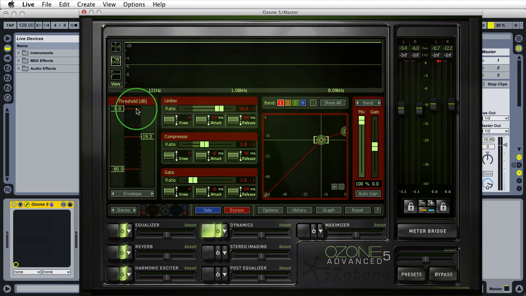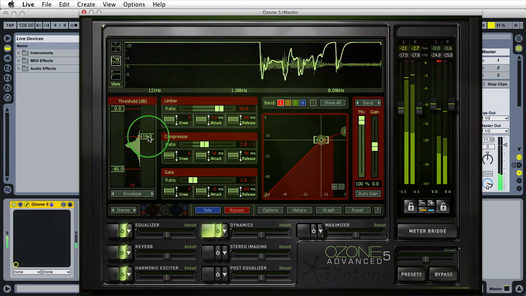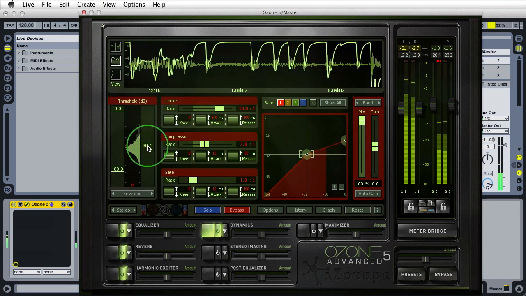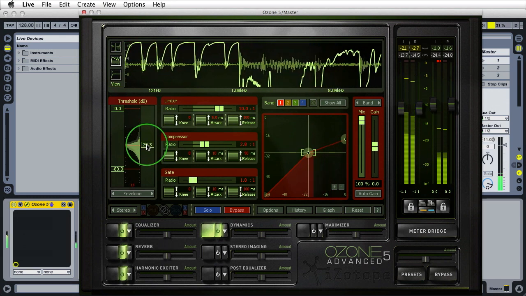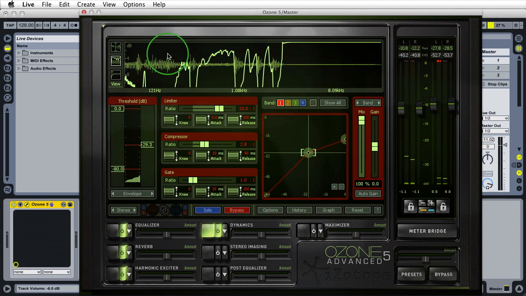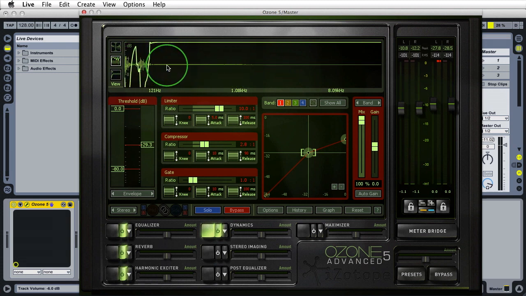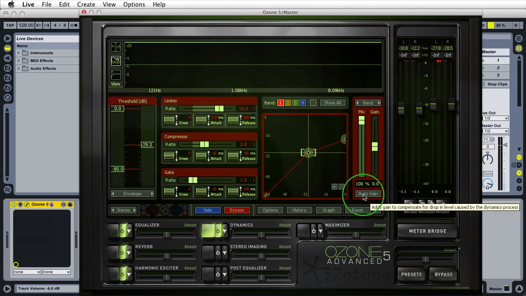When I do so, it's going to show us a histogram here. A common thing to do is drag the threshold of your compressor to the meat of this histogram. So let me show you by pressing spacebar. So when I bring it down here, notice this is some serious gain reduction happening. I do not have auto gain on, so this may be very